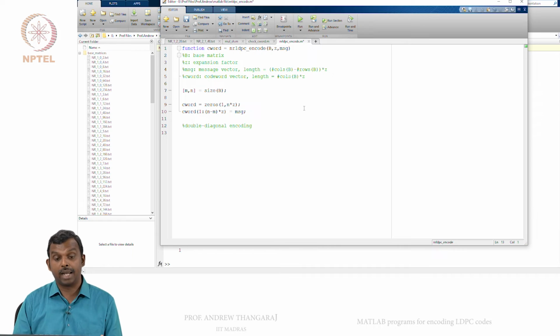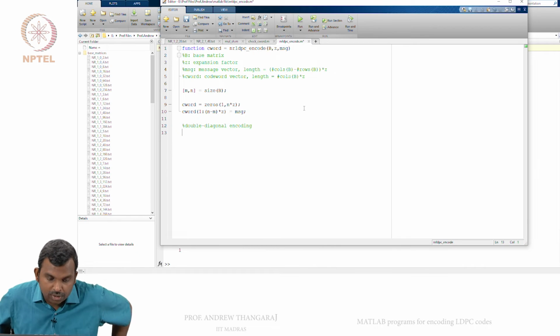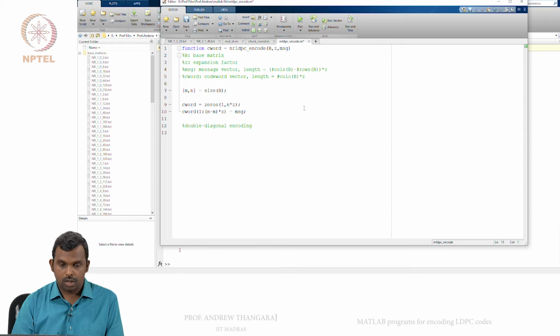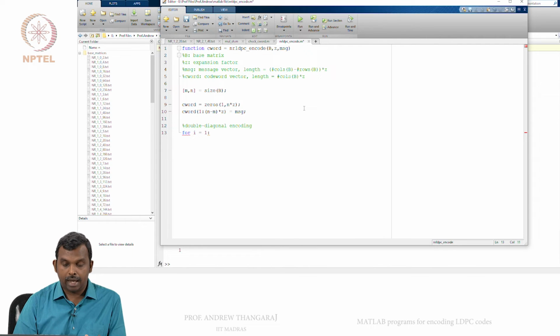Okay, so then we start with the double diagonal encoding. So the double diagonal encoding is going to give you the first 4 parity blocks. Okay, and how do I do this? This is not very difficult. So for I equals 1 colon, if you remember, I need to do n minus m. Okay, so I have to do the overall parity. So it's good to keep like a temp here. Temp is zeros of 1 comma z. Okay, so this is going to be my temporary thing that I keep adding